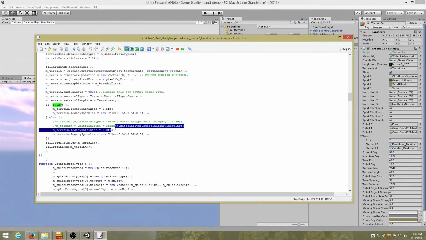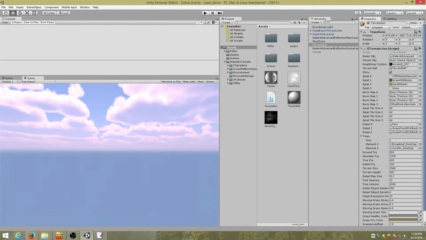So if that's off, it switches it off. If it's on, it switches it to 0.5. Though I don't know if that overrides the material setting or not, to be honest. I guess I just need to test and see. So we've added a custom height map, we've added a custom material, and